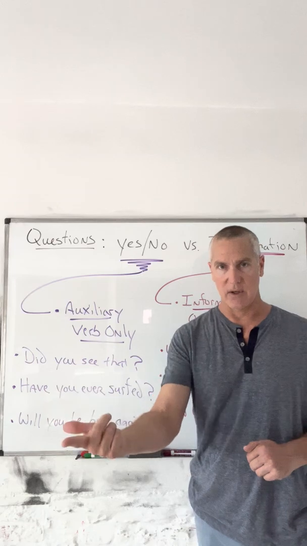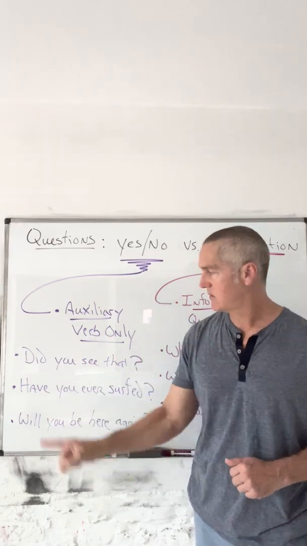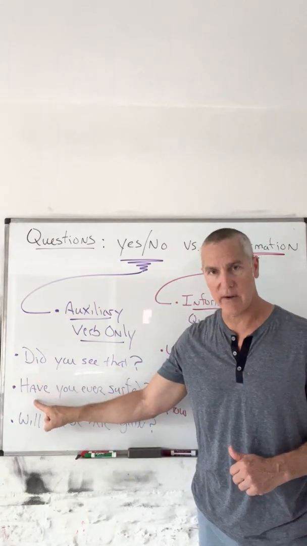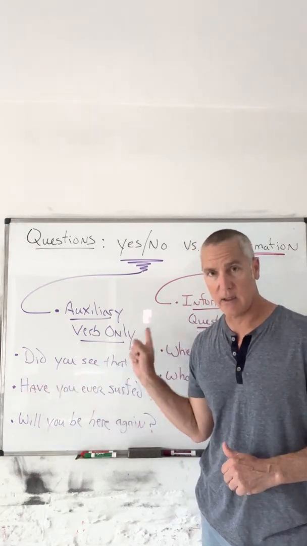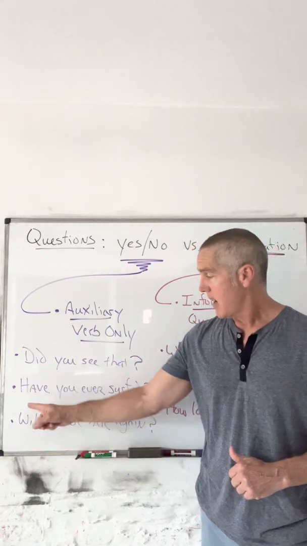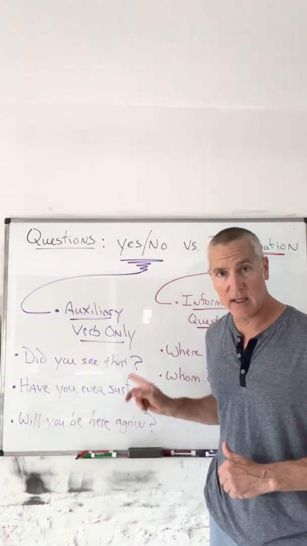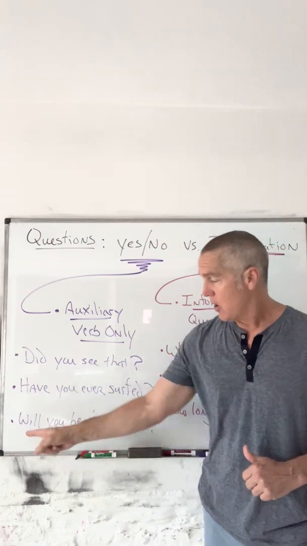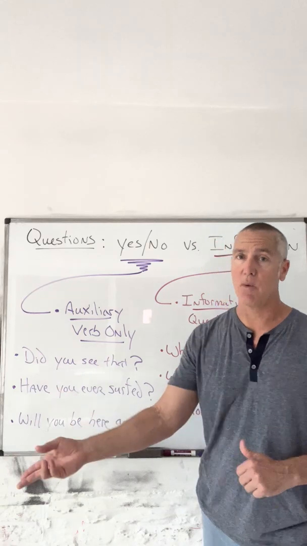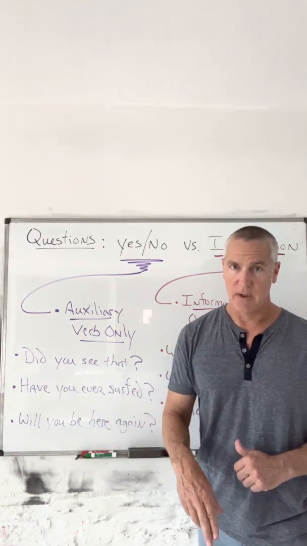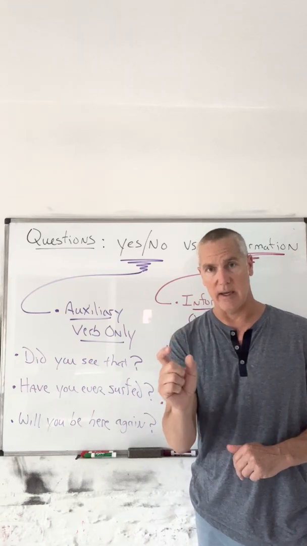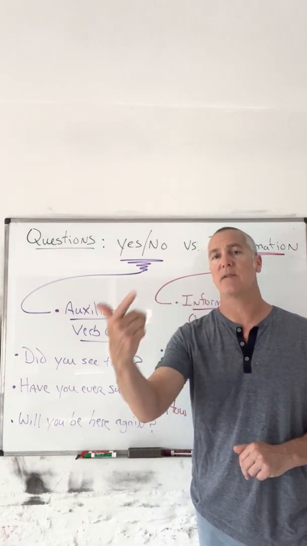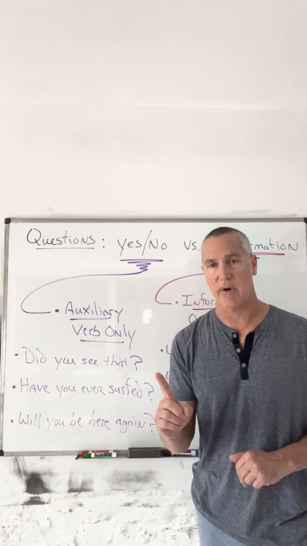The answer always incorporates the same auxiliary verb from the beginning of the question. Did you? Yes, I did, no, I didn't. Have you ever? Yes, I have, no, I haven't. Will you? Yes, I will. No, I won't. Be careful with your short answers, and remember, you're always incorporating the same auxiliary verb from the